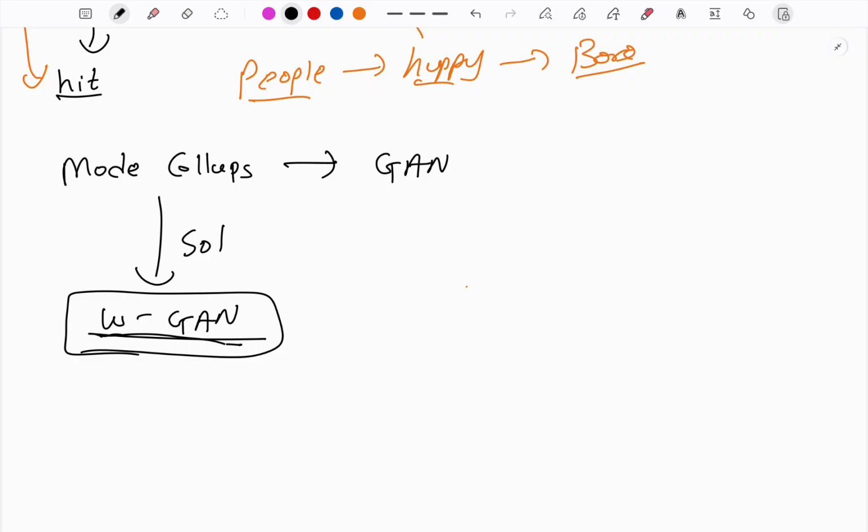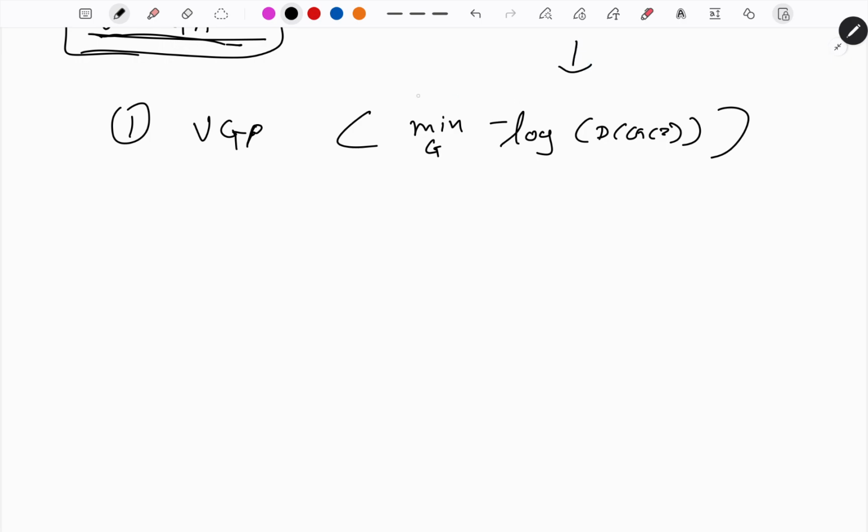So this is all about today's video. We discussed the problems associated with the GAN. The first problem is the vanishing gradient problem. How can we solve the vanishing gradient problem? By minimizing the generator loss function, log of D of G of z. Again, how we convert from that particular loss to this loss, we are not going to discuss the mathematical terminology, but yeah, this is the thing. The second problem is mode collapse,